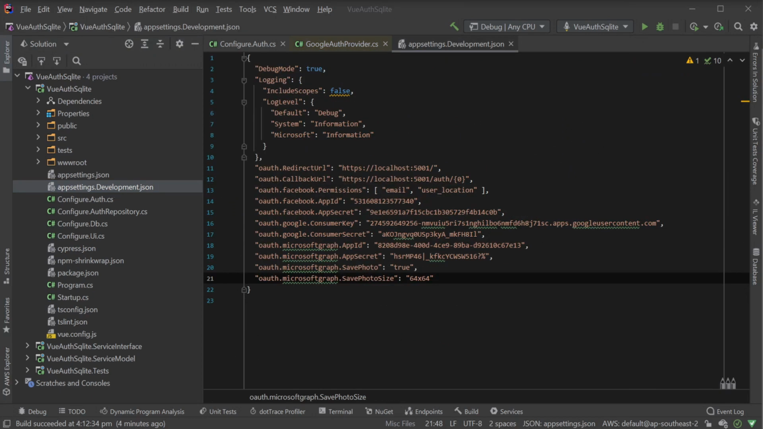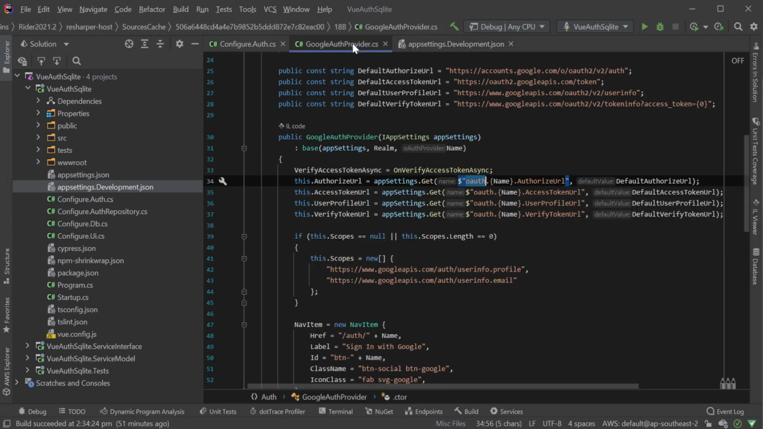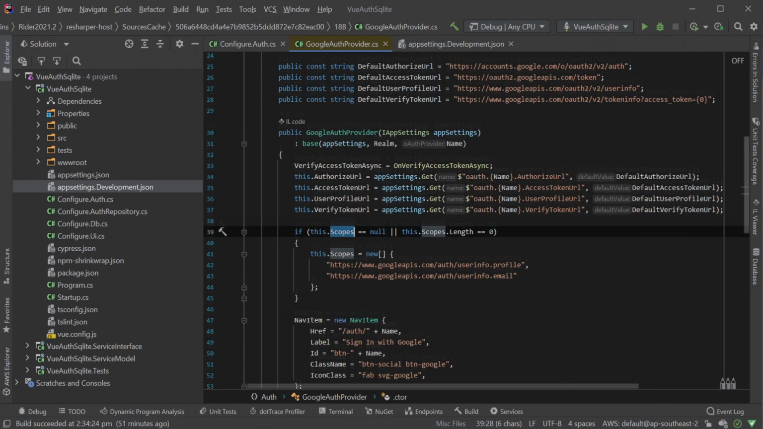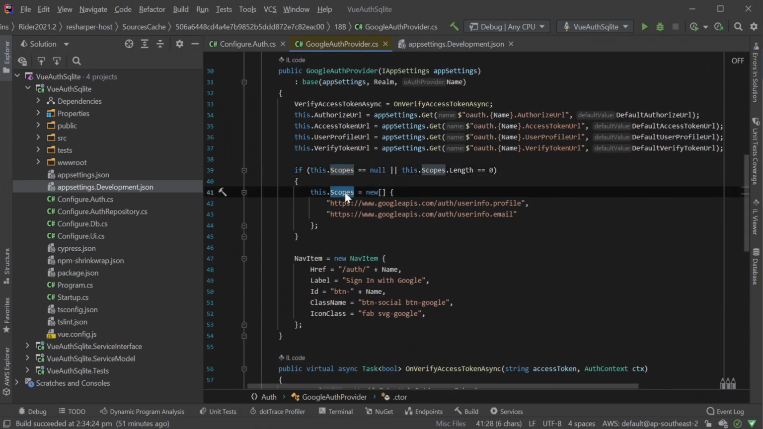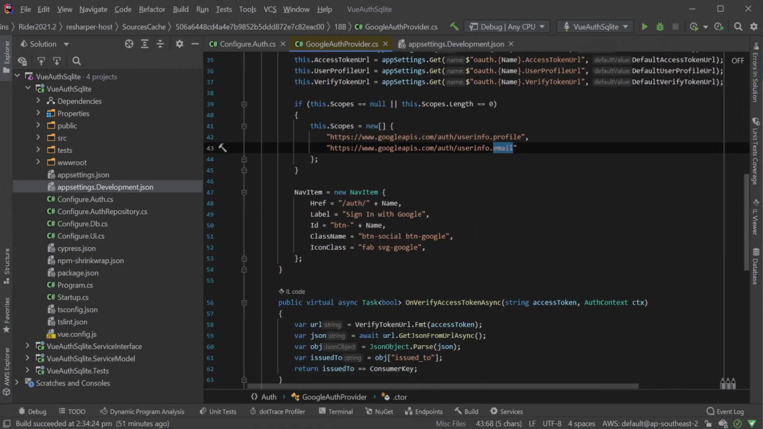In our example application, they are provided using the appsettings.development.json file in the app host project, where we can see example details already specified, so the example code works straight away. The Google Auth Provider constructor is also defining some default authentication scopes to control what access we are requesting when users authenticate. Nav items are also registered, which can be used to dynamically create UI controls based on